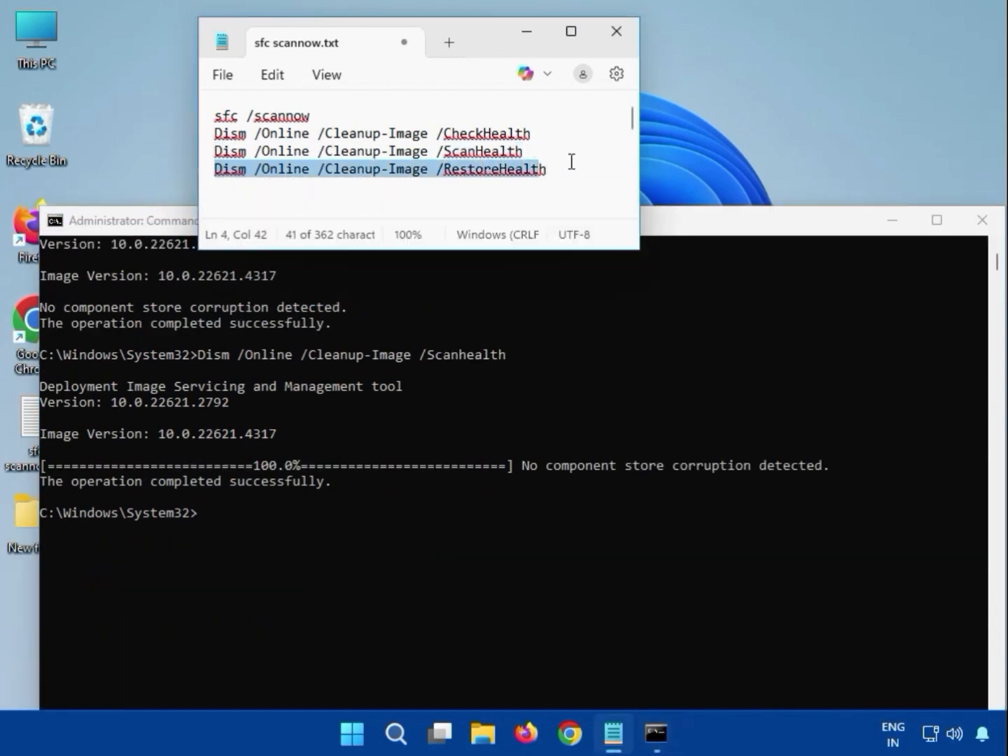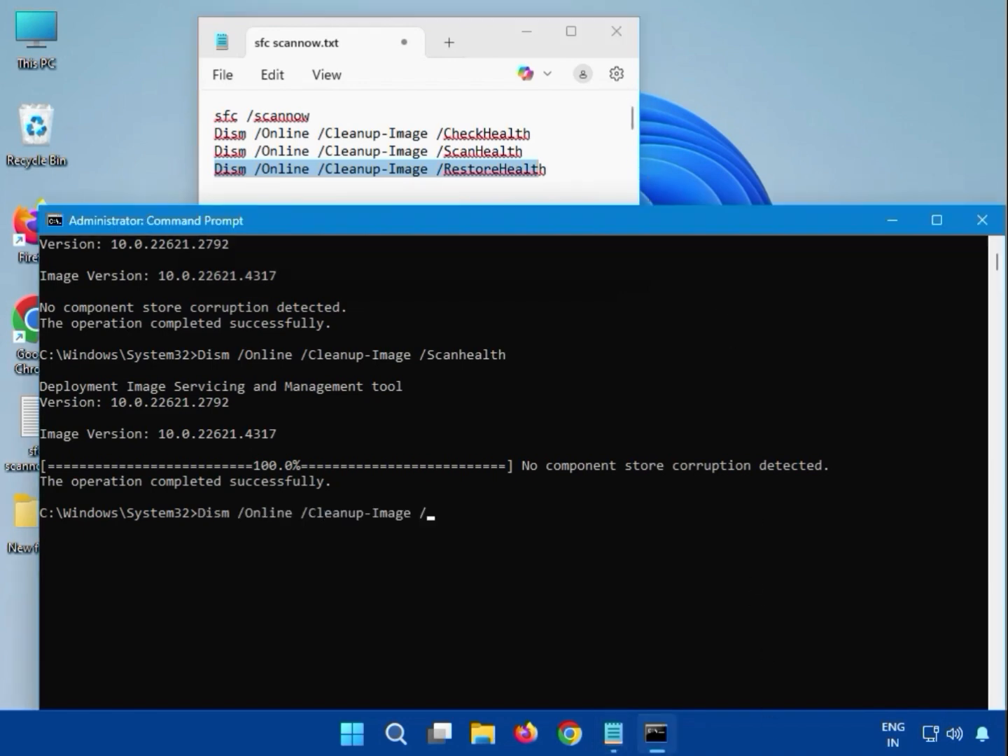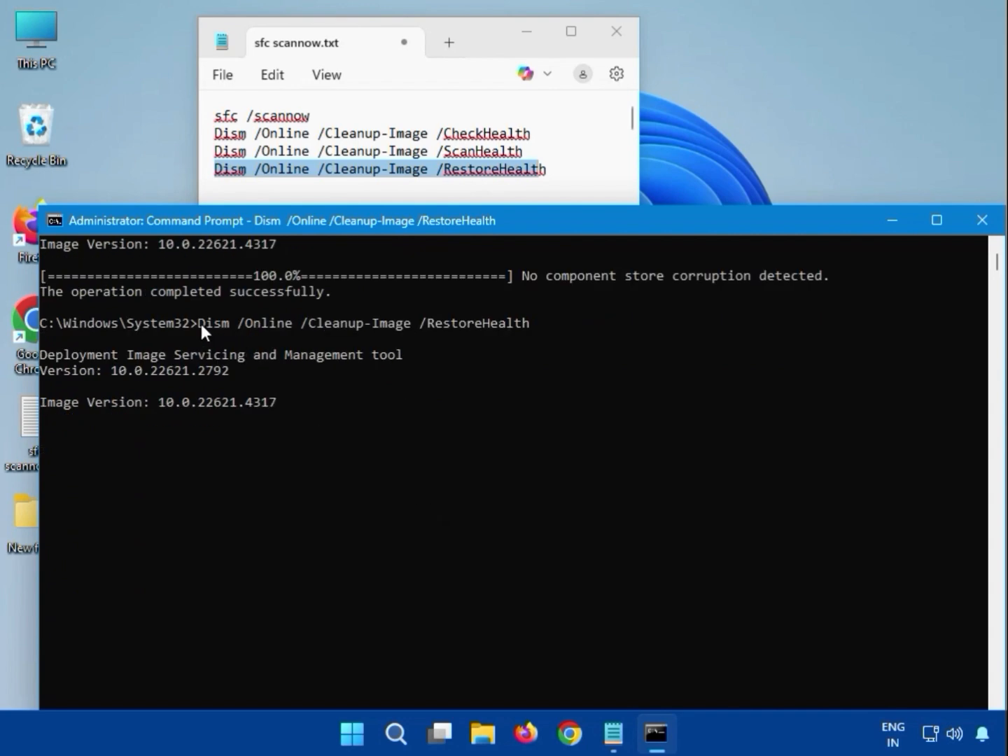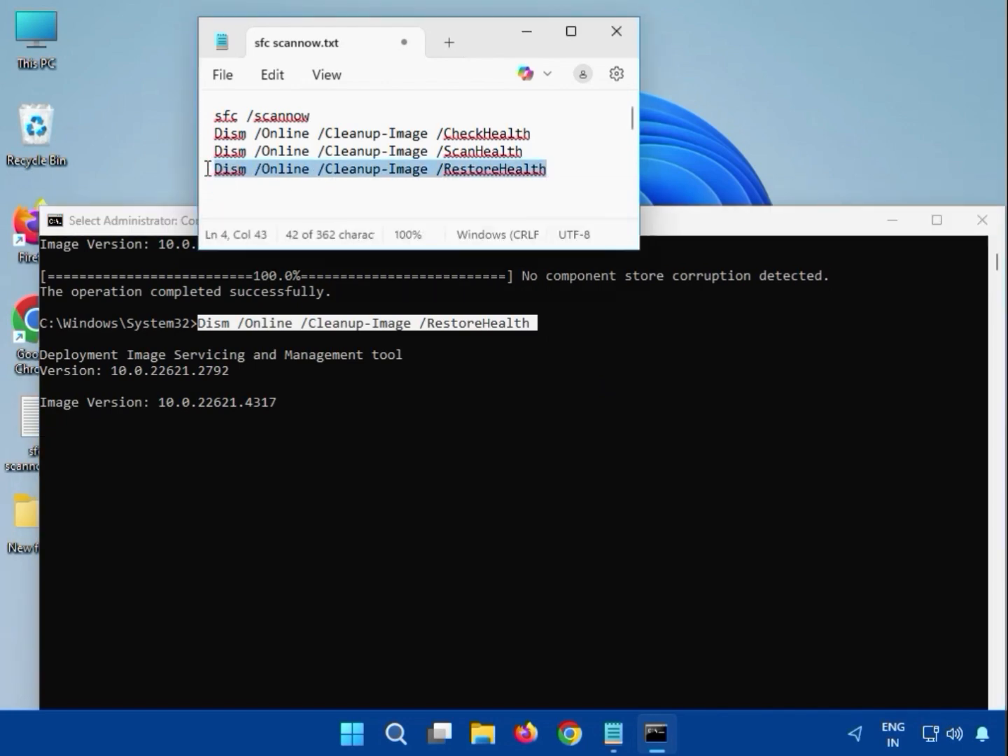Then guys, fourth one, which is restore health, you can see here we can enter like DISM and all, and please note small and capital. Okay, restore health, and then hit enter. Again guys, you have to wait. Okay, some start the percentage, it will complete. After that you can see here,